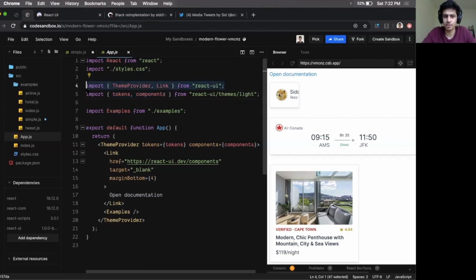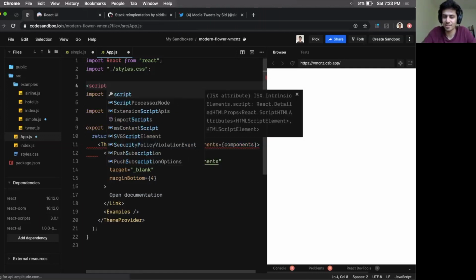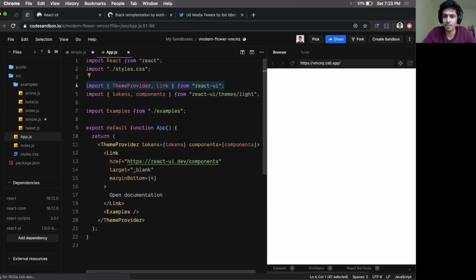If I was using a UMD build, I would remove this and put a script tag in my HTML to cache it forever, and this is what I would bundle into my application. It doesn't matter which bundle you use because it's based on imports, so you don't need a special config to do it. Okay, yeah, makes sense.